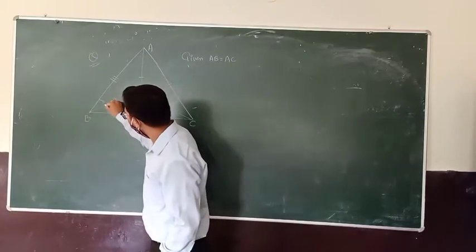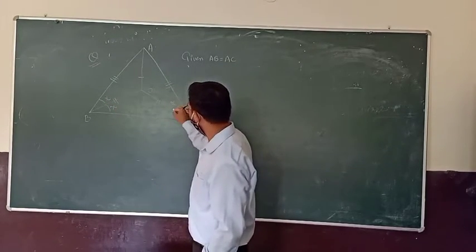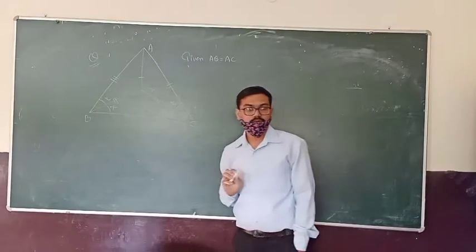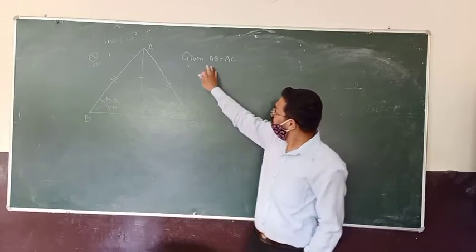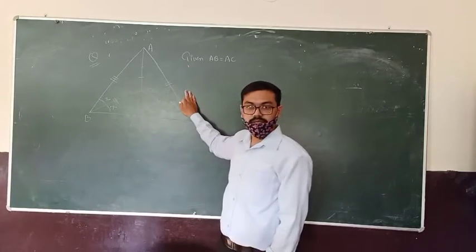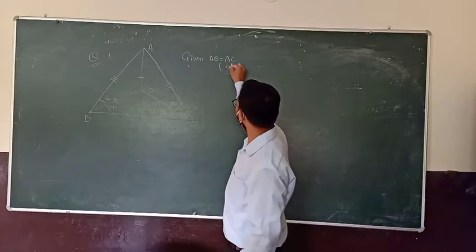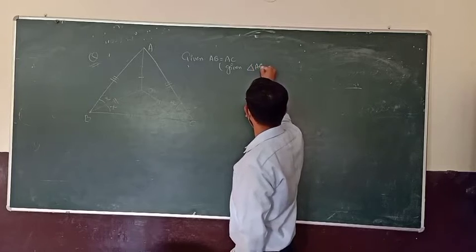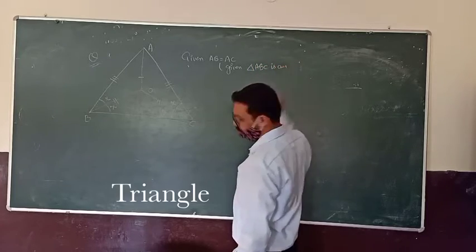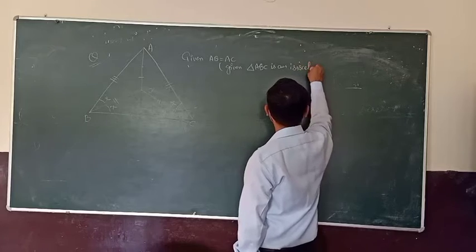So obviously last time I have used this value x, this value x, and this value is x, right? As I have already covered this part in part 1. Okay. So given thing is AB equals AC because it's an isosceles triangle. This is given in the question. Given is triangle ABC is an isosceles triangle.